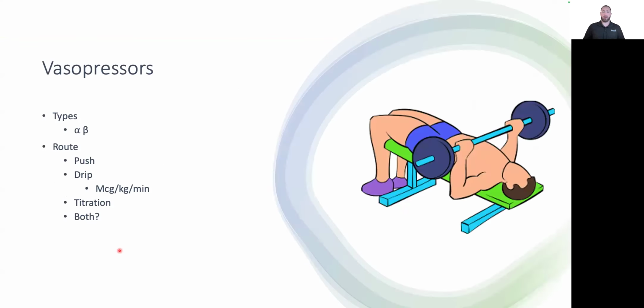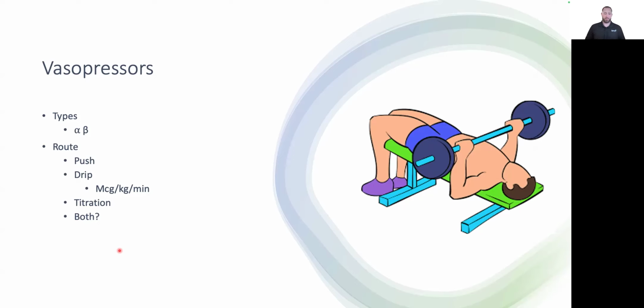All right, let's talk about different medications to give in shock. So you have things like pressors, where you're going to be cognizant of your alpha adrenergic and your beta adrenergic effects, and also the route of medication being given. Is this a code-like scenario where you're going to be giving push doses of that medication, or are they not coding, but they need that constant vasopressor support? So you can put them on a drip. Usually we're doing that in micrograms per kilo per minute. And you can titrate that up and down. And do they sometimes need both of these, a little bit of a push and that drip